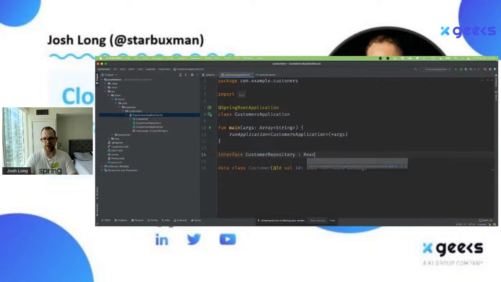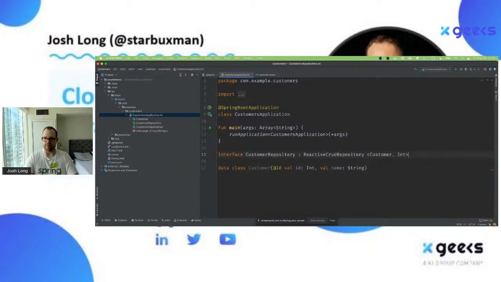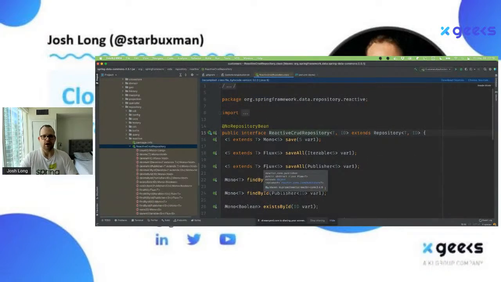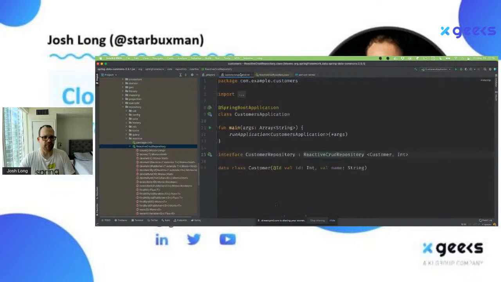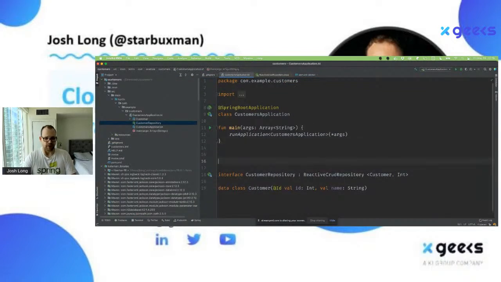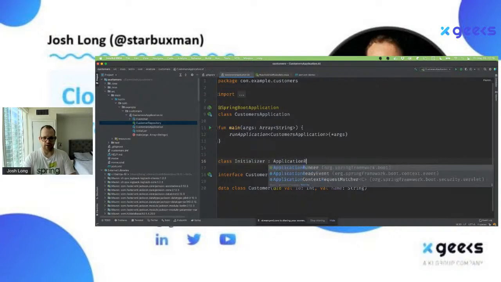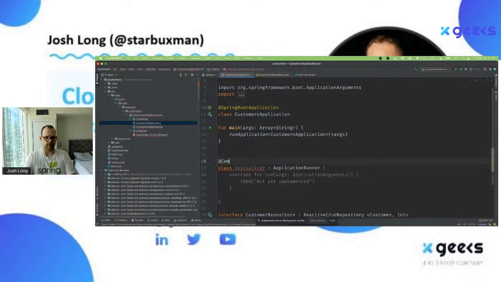This is going to extend the reactive CRUD repository inside of Spring Data. And that CRUD repository provides methods that do data management. So save, find, count, delete, etc. Okay? And so I want to build then some sample data into the database. So I'll say class Initializr, ApplicationRunner, @Component.